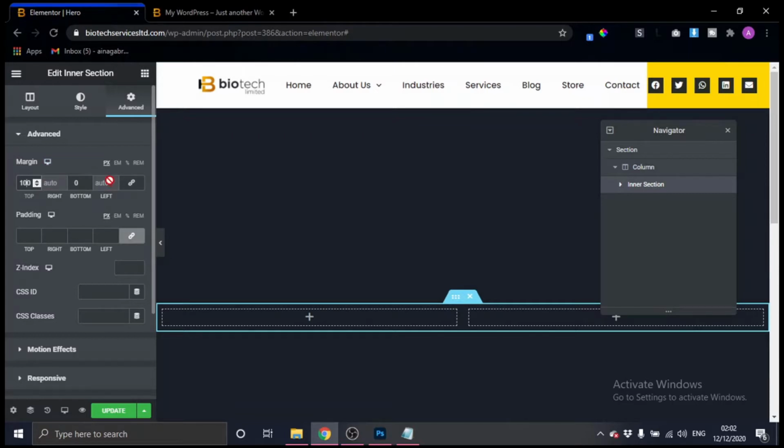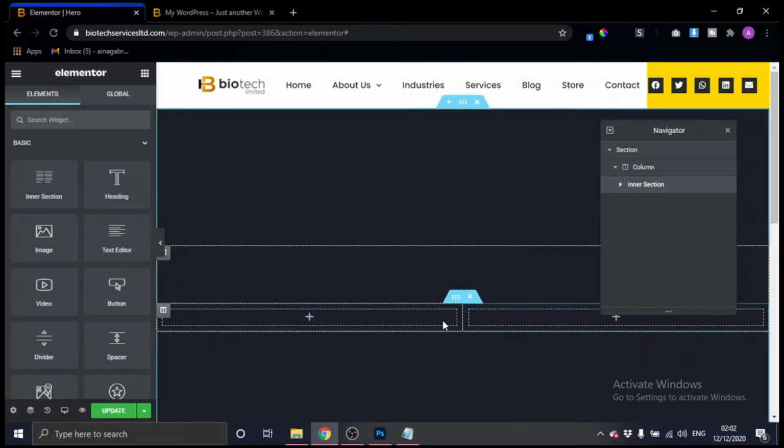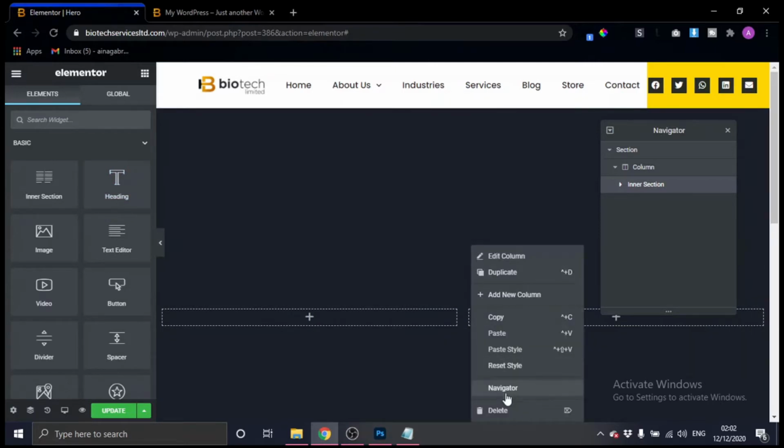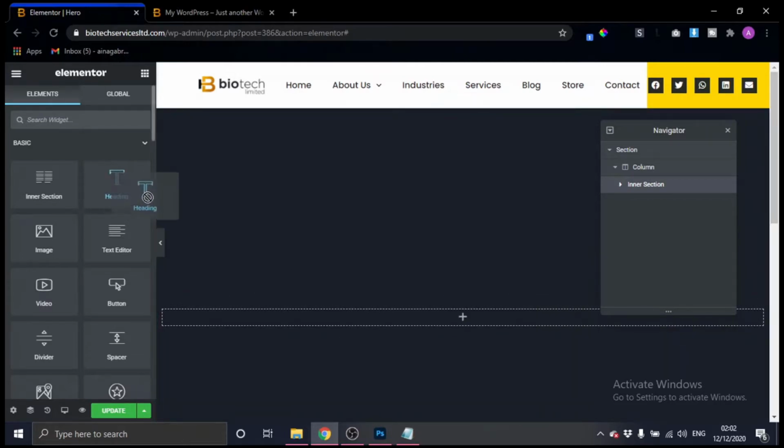Okay, then we're going to be dragging in the heading. First of all, let's get rid of one of the columns here. We only need one, so let's delete one of the columns inside the inner section. Now let's drag in the heading.